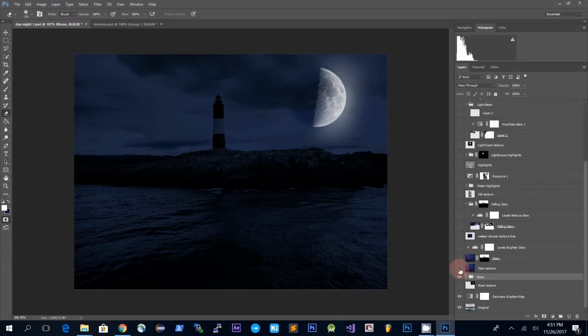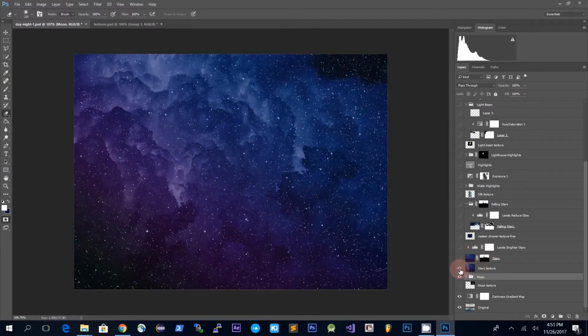The next thing I did is I wanted to add some stars. So for this, I used this texture that you can download from texturesforphotoshop.com. You find the link to this in the description below. So I simply added this texture to the document, and